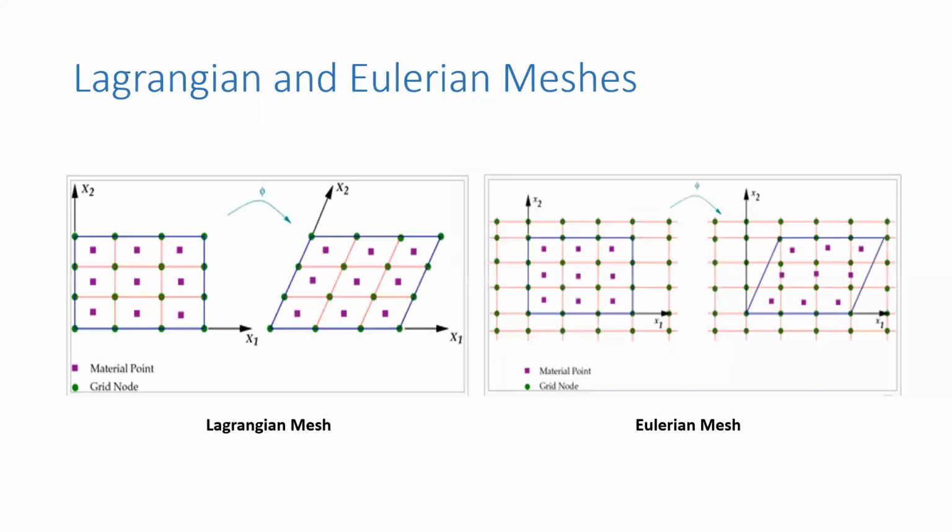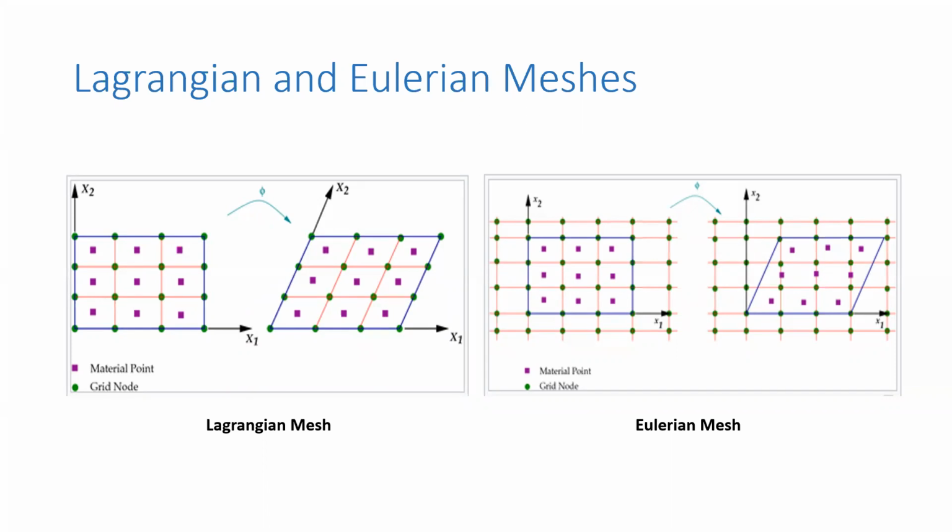Okay, I think you have understood the Eulerian and Lagrangian approach. Now we will understand the difference between these two meshes. The Lagrangian and Eulerian descriptions can be visualized in terms of the corresponding meshes. Now we can think of the Lagrangian mesh as being drawn on the body. The mesh deforms with the body. Both the nodes and the material points change position as the body deforms. However, the position of the material points related to the nodes remain fixed.